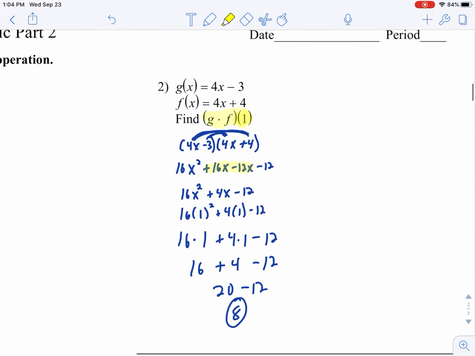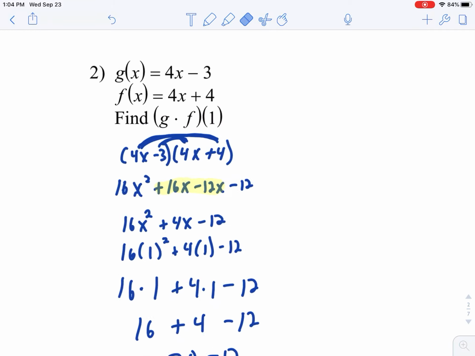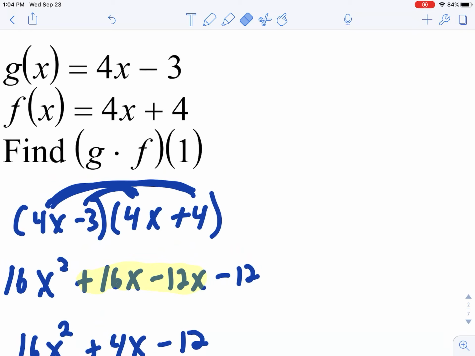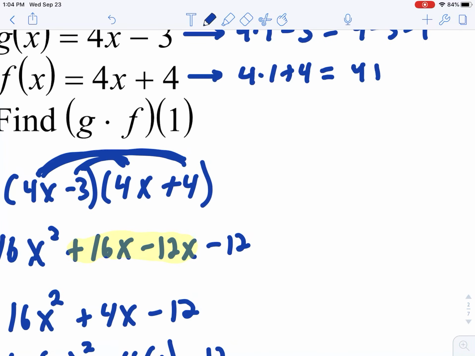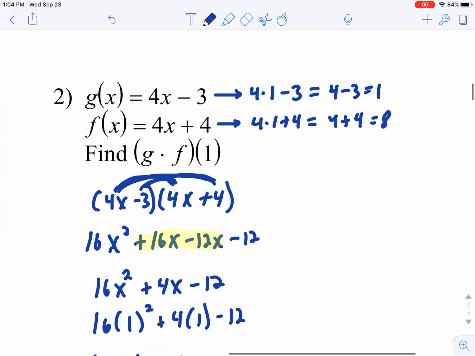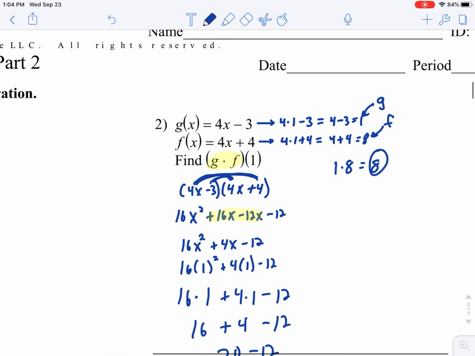Now, what is the easy way? Well, instead of multiplying g times f, then plugging in a 1, you can go ahead and plug in the 1 first. 4 times 1 minus 3, 4 times 1 plus 4. This works out to equal 4 minus 3, which is 1. And this one works out to be 4 plus 4, which is 8. So this is g, this is f. We want to multiply g times f. 1 times 8 equals 8. And there's the answer. Same answer, of course,